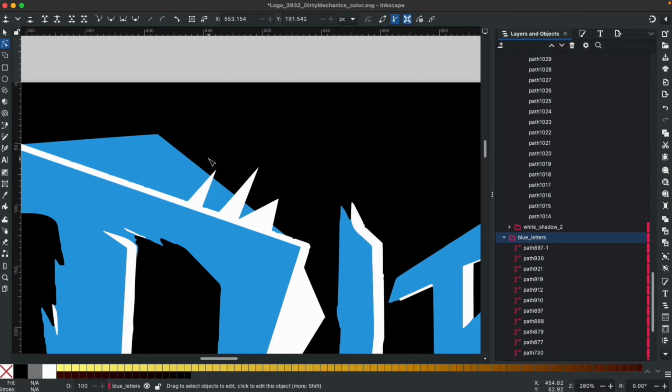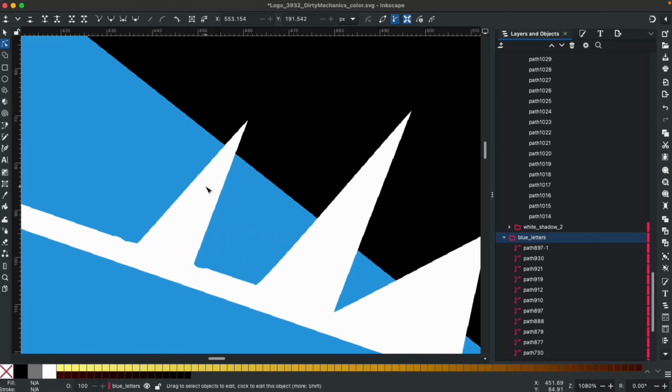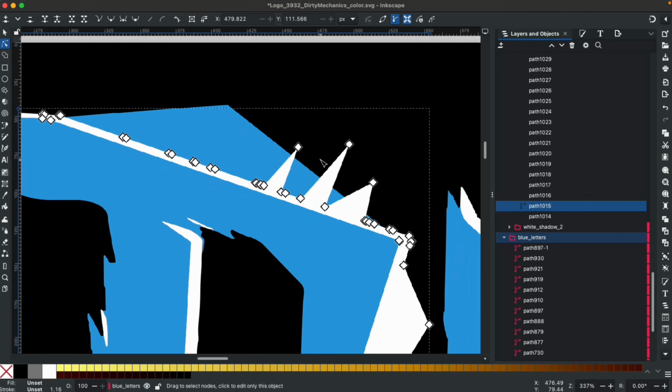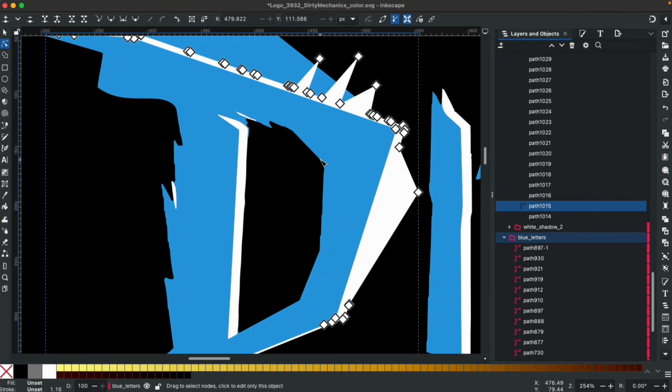Does anyone have any idea why we have different dots all over this particular part of the image? Does anyone have any guesses? They are what make up the shape itself. That's basically correct. When you have a very complex object and you need to describe that with a mathematical formula,